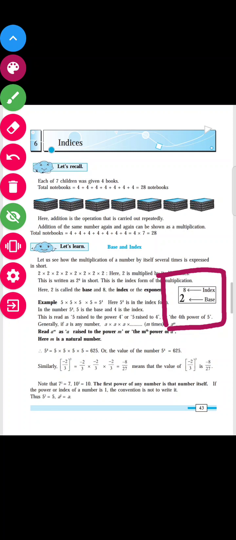Okay. If I have another example, 3 raised to 12. So how many times is 3 multiplied to itself? 3 is multiplied to itself 12 times, because 12 is the index and 3 is the base. In this example, 2 is the base and 8 is the index. So 2 multiplied by 2 multiplied by 2, you have to go 8 times. You have to repeat 2 8 times. That concept can also be written as 2 raised to 8. Clear? Then let's go to the next page.